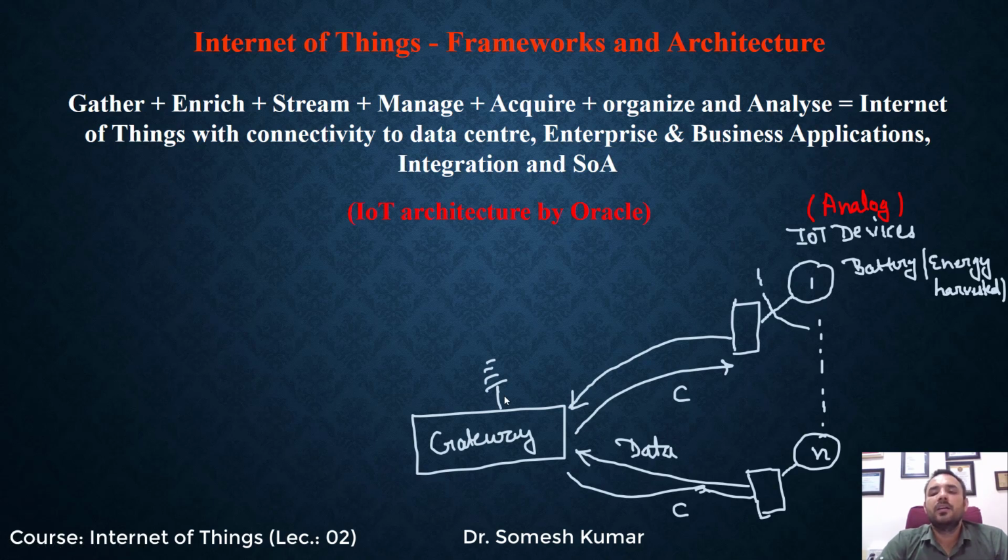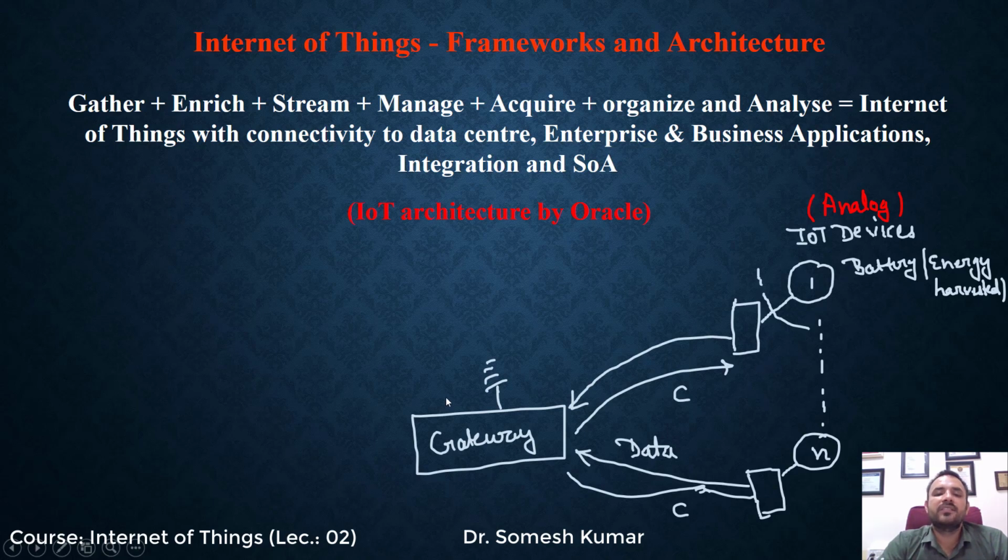Fine. Here there is one term. Now these IoT devices send this analog information to the gateway. One important term is called transforming. Transforming means the conversion of one type of information to another type. These IoT devices have to convert this analog data to digital information, or sometimes digital to analog, but mainly analog to digital. So transforming of the information is also needed here.